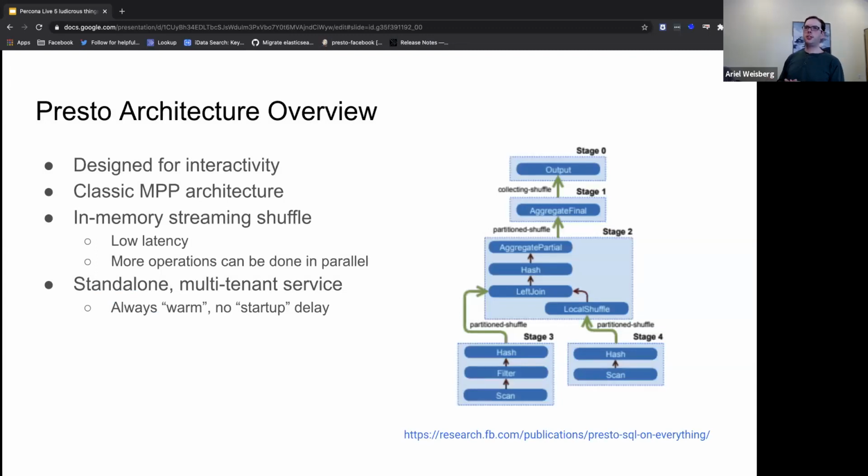Presto Classic's architecture streams data between nodes directly and everything is stored in memory. This allows Presto to start returning results for a query before query execution completes, hence the name Presto. Because of the streaming execution model, we can start returning rows at the root of the plan graph instead of having to wait for multiple exchanges to complete or multiple stages of execution to complete, as is required by Spark